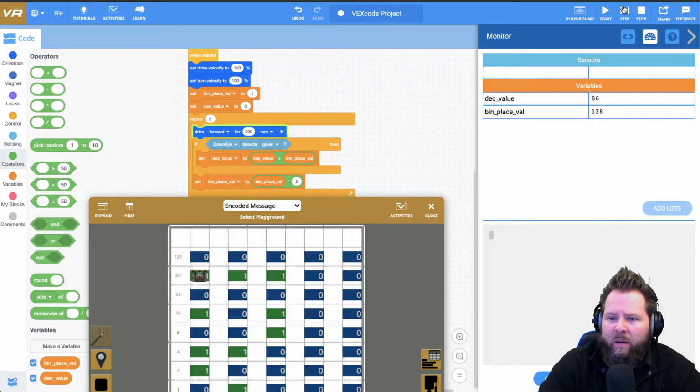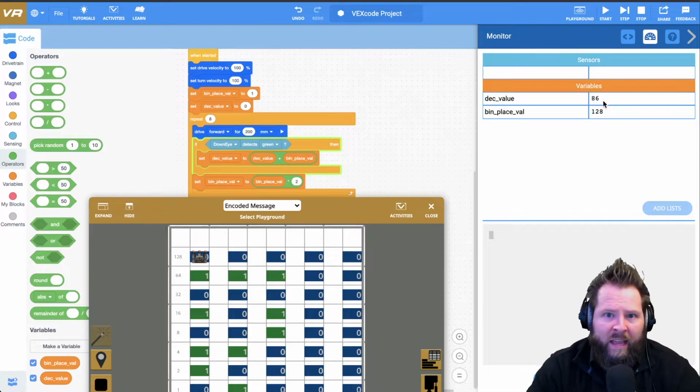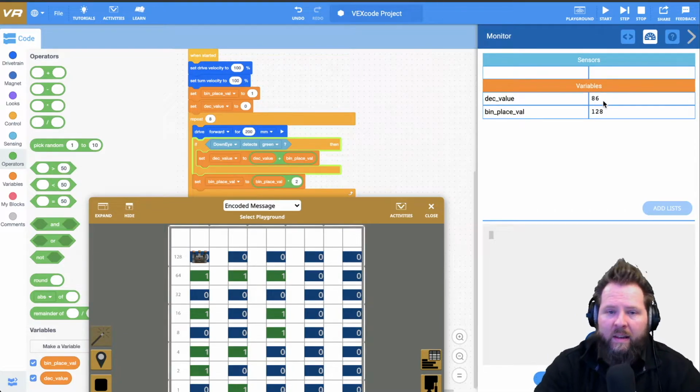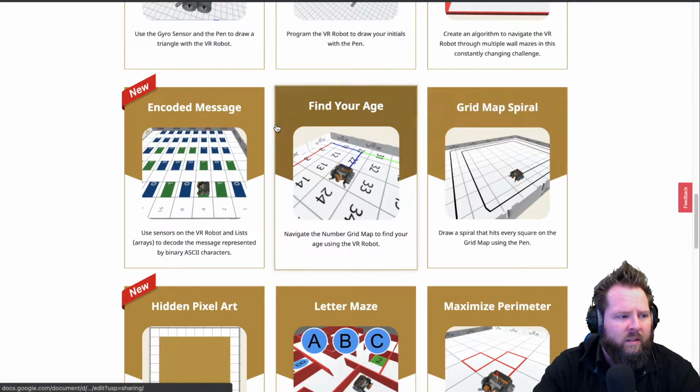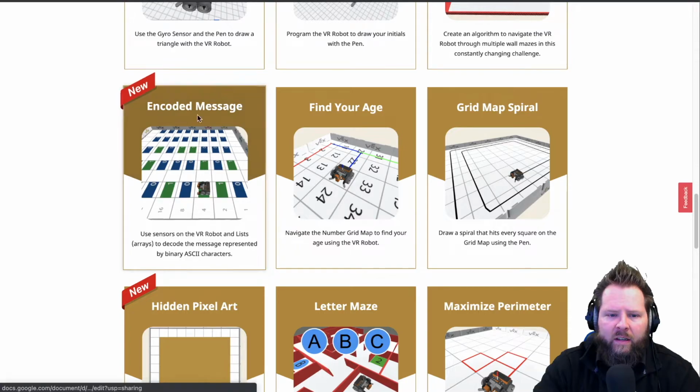Okay. And we keep doing that all the way up the line until now, and it's okay that it's 128 here because look, it's going to go forward and it's not detecting anything anyway. So it's not going to add it. But remember that first letter is a V, and on the ASCII table, it's 86. If you don't remember, or if you didn't watch the first video, you can get there by clicking on this little activities button, which will take you to this page, and you just scroll down and find the encoded message